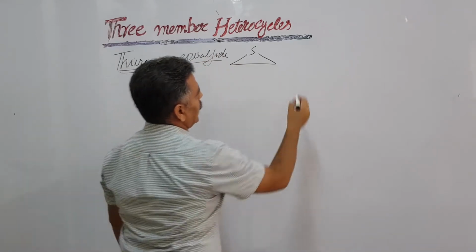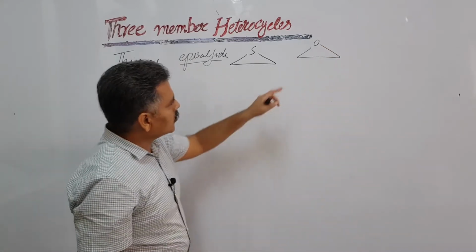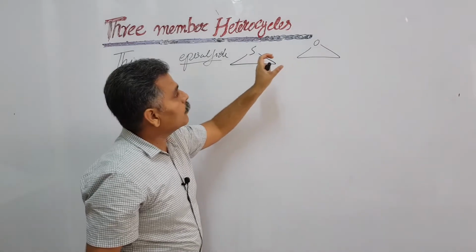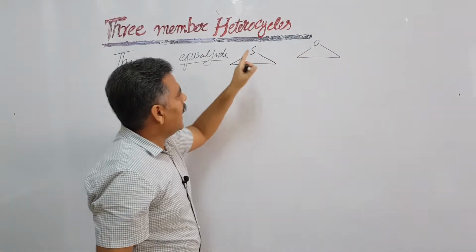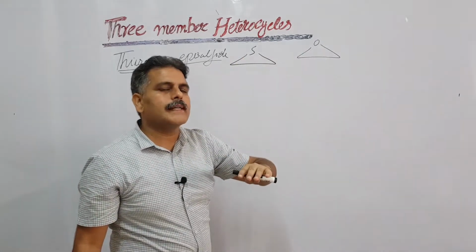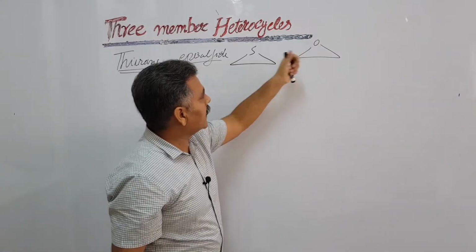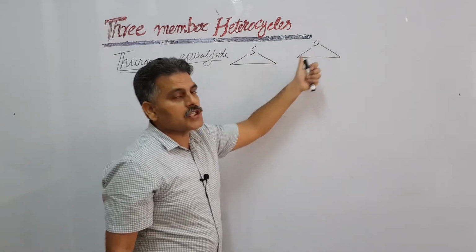So if you compare with this oxirane, we know that oxygen and sulfur both are present in group number 6. Oxygen is the first member of group number 6 and sulfur is the second member, and down the group we know that electronegativity is decreased. So oxygen is more electronegative as compared to sulfur. That's why this oxirane is more polar,